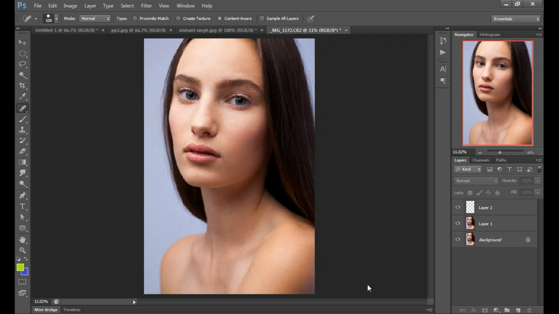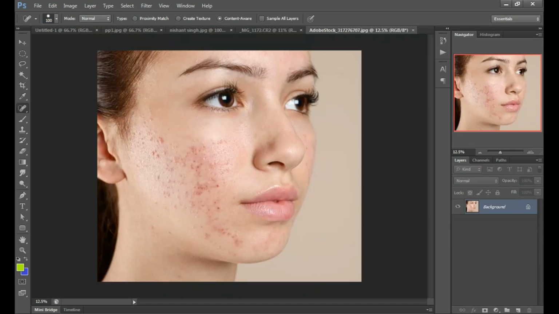No, Keshu, there was one more image, previous to this one. Yeah, exactly. I've opened the image. Okay, that one. This one.